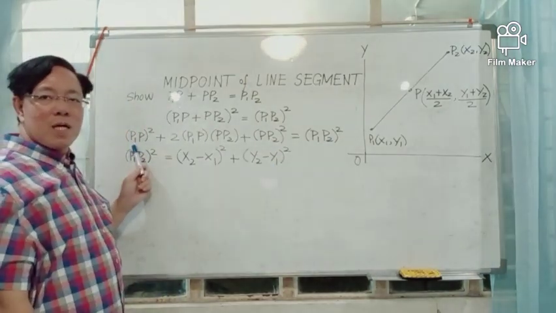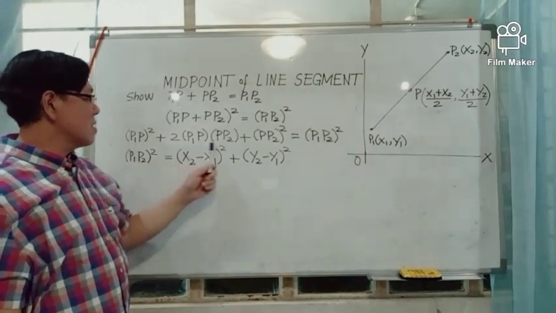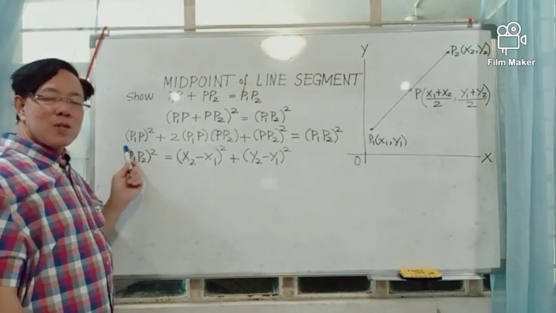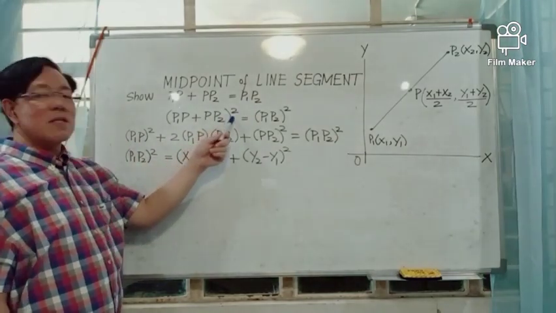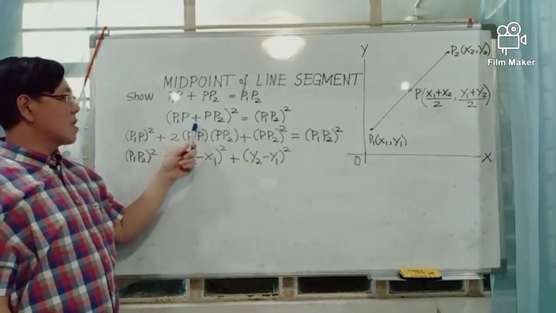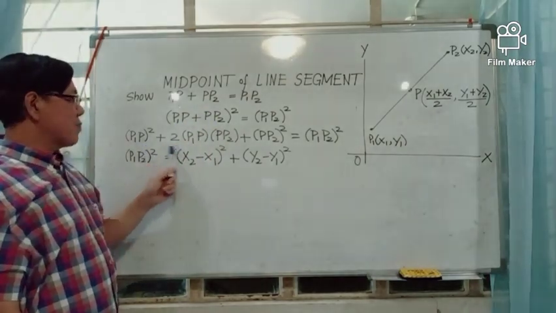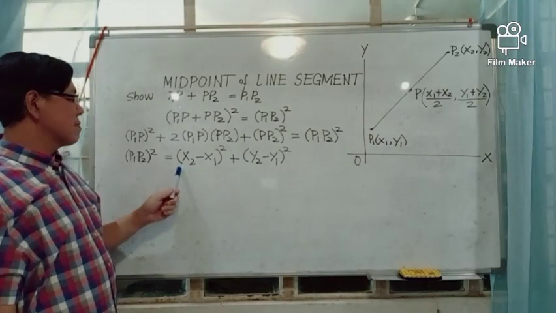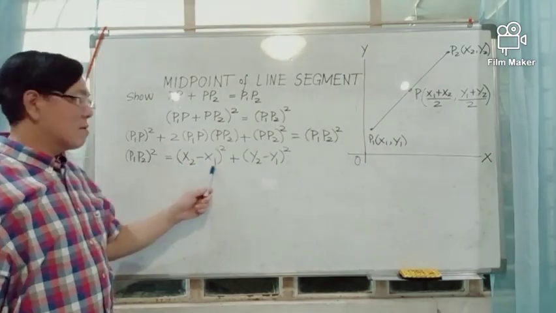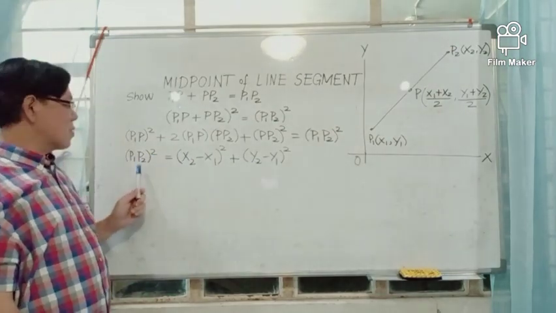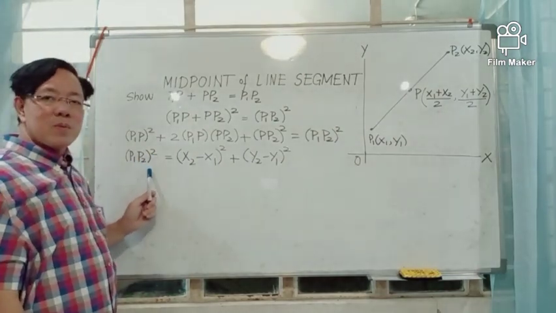And we will show that when we simplify the left-hand side of this equation, which we obtain by getting the square of the sum of these two distances, after simplifying, we should get